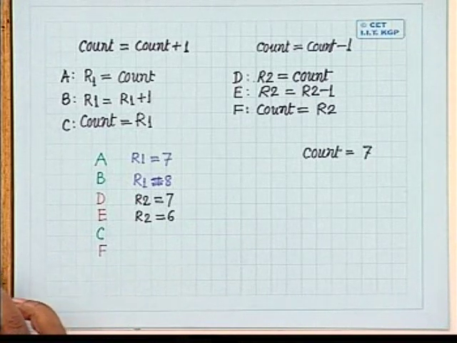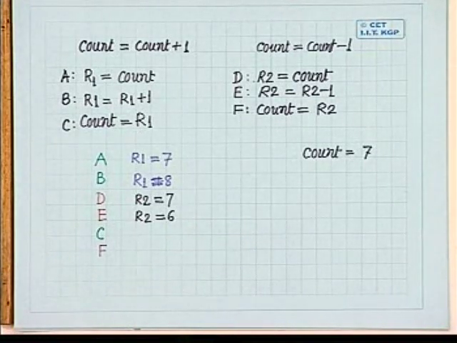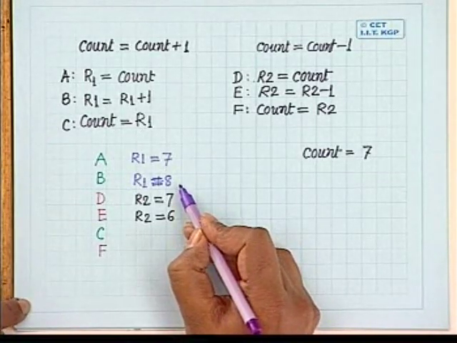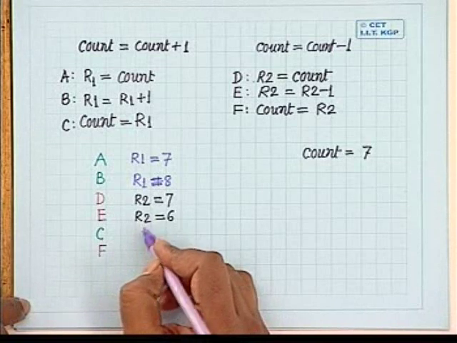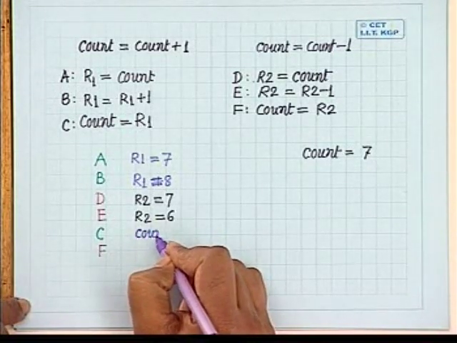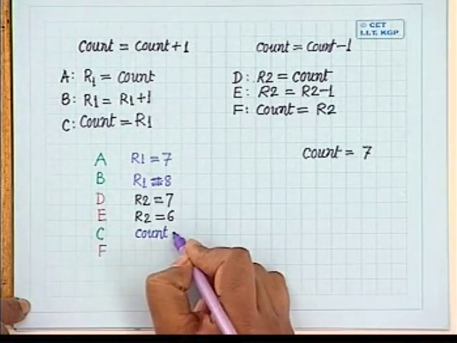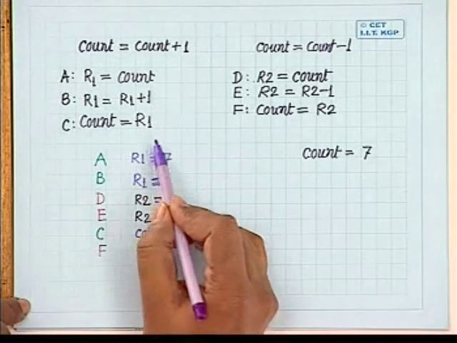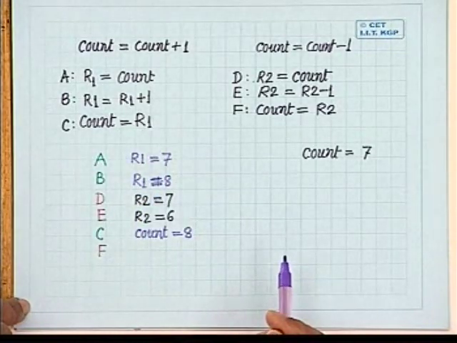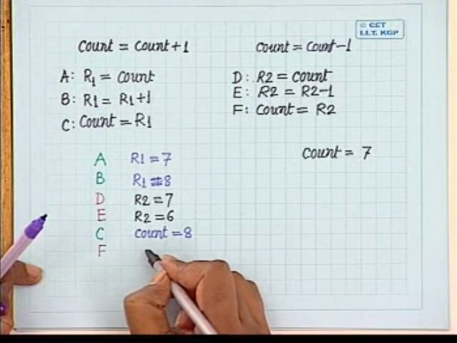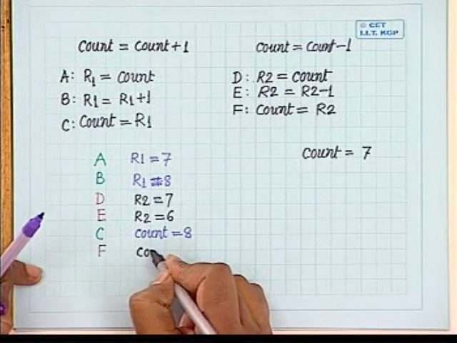Following that, we have the producer process, which writes the value of R1 into location count, and the value of R1 is 8. So in statement C, 8 will be written into the location assigned to variable count. That means the value of count becomes equal to 8, because it is R1 which is written to location count. And after that, in statement F, it is the value of R2 which is written back to location count. So count becomes